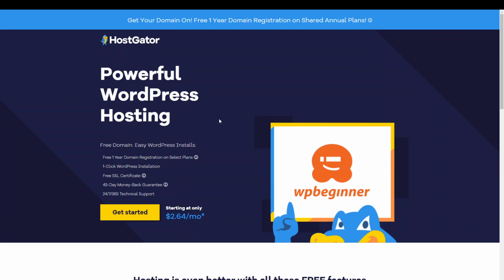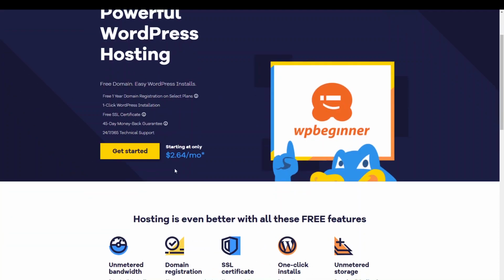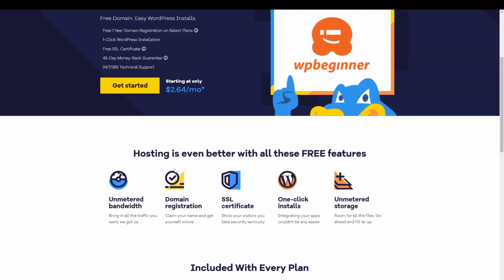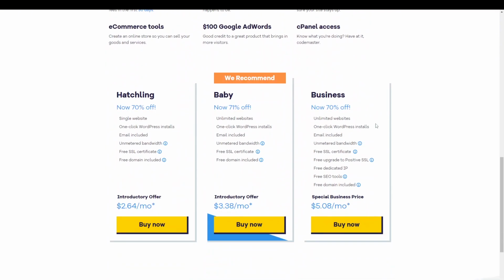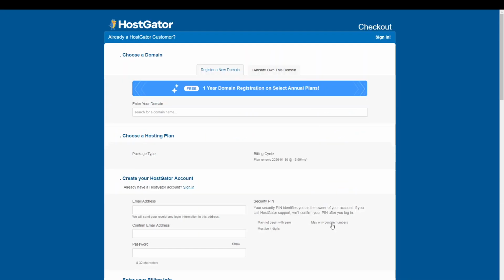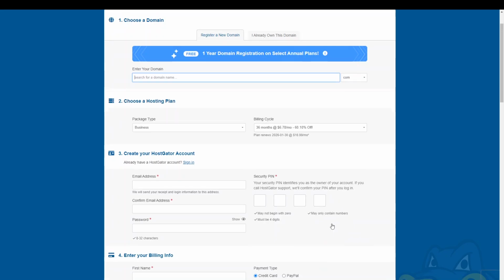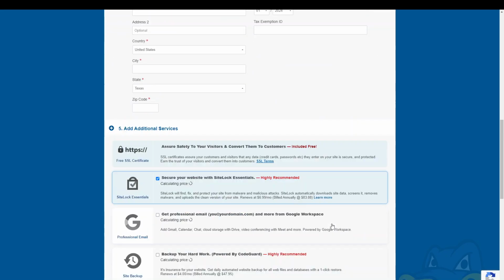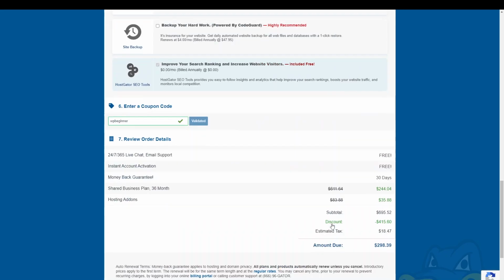And then similar to Bluehost, if you want to get started, all you need to do is go through each of the plans and pick one that you prefer. So for example, if it's Hatchling, Baby, Business, whatever it is, you just click on buy now, and then fill in the domain information, account information, billing info,